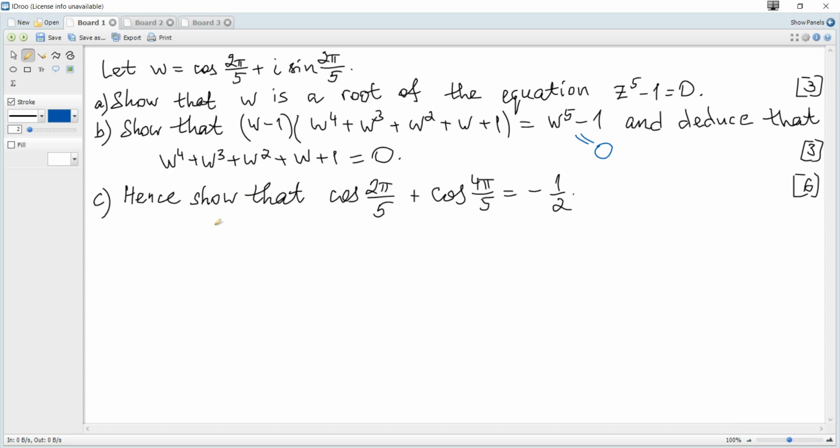So let's consider w to the power of 4 plus w cubed plus w squared plus w plus 1 is 0, and w is this, so it becomes cosine of 2 pi over 5 plus i sine of 2 pi over 5 to the power of 4 plus cosine of 2 pi over 5 plus i sine